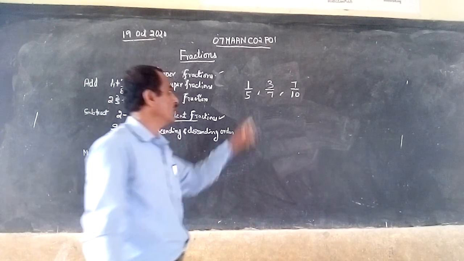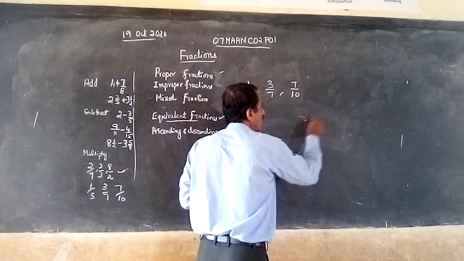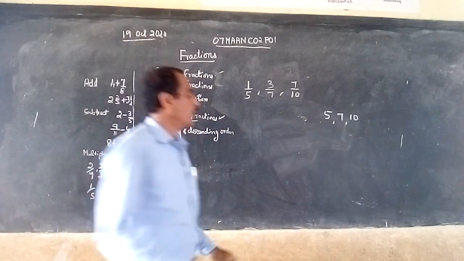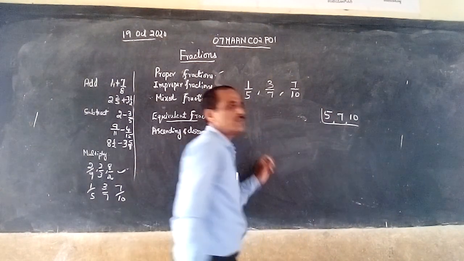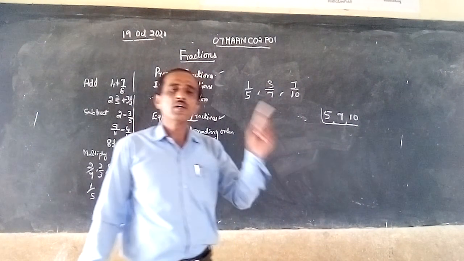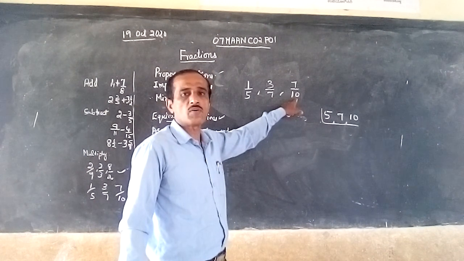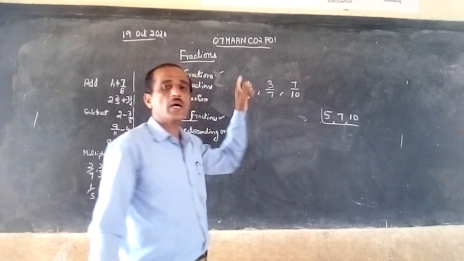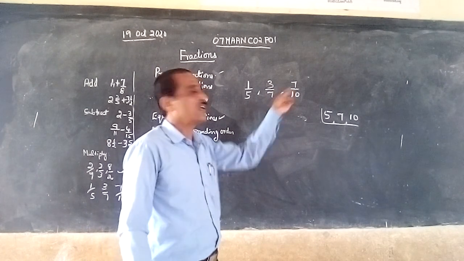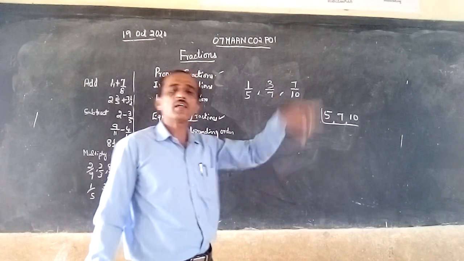See, to do that, we have to find the LCM of the denominators. So what is the LCM of the denominators? See here 5, 7 and 10. These are the denominators. What is the LCM? See, how to find the LCM? In 7th standard, you can find it very easily. How? If the denominators are given, find the biggest number. Here 10 is the biggest one. See whether the other two are divisible by that number or not. Otherwise, go for its next multiple. If it is not divisible by that multiple, go for another multiple like that.